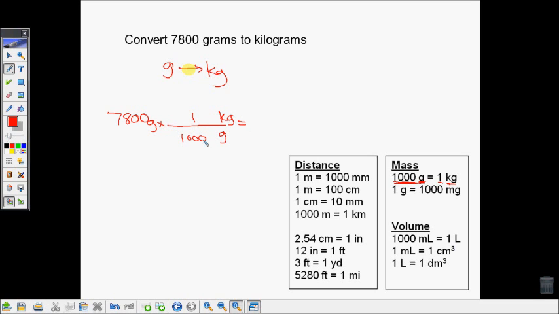So this will be division by 1,000. So in your calculator, type the first number divided by 1,000, and you get 7.8 kilograms. Notice how all the units canceled except for the one unit that I wanted to convert my answer to, kilograms. So circle that as your final answer, and that is how you do unit